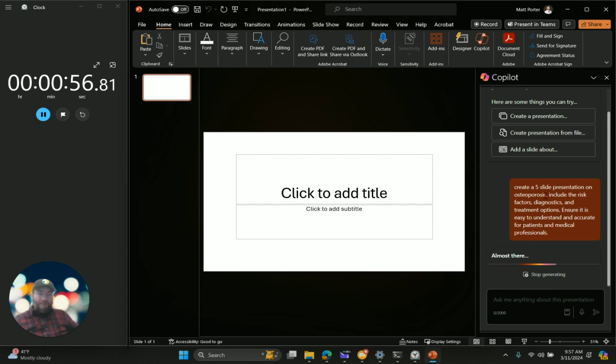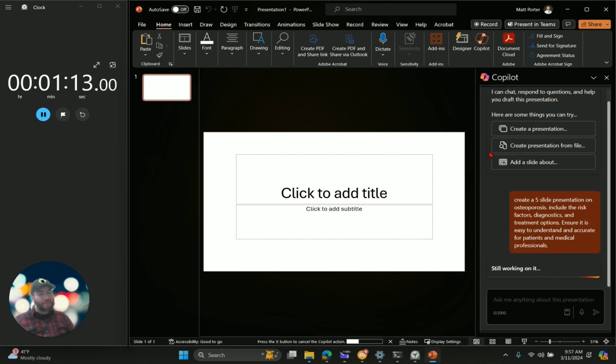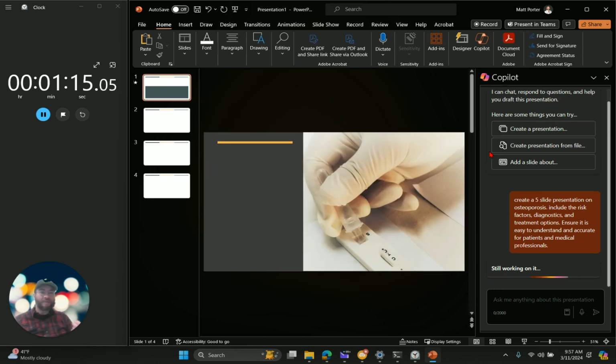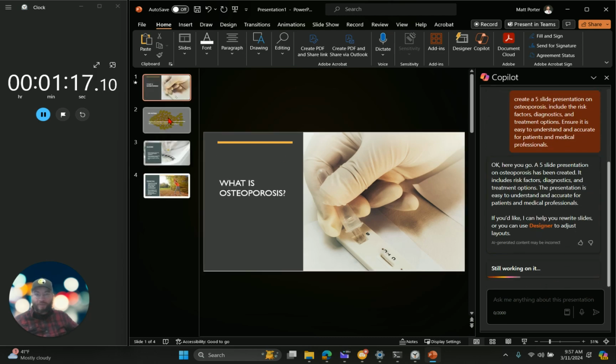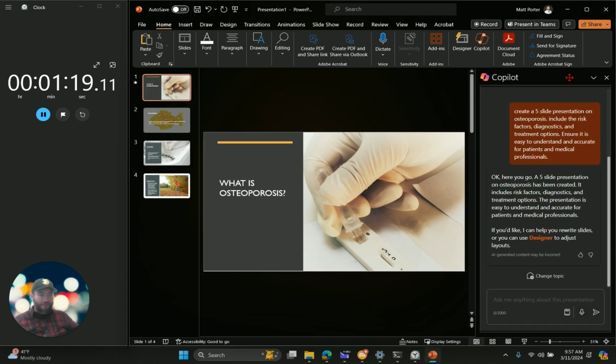And it's thinking about it. Almost there. I like how it just gives these little cues. Oh, we're still running. As it's running through the transformer-based architecture, queuing all the things in and linking the different components. And so we have here